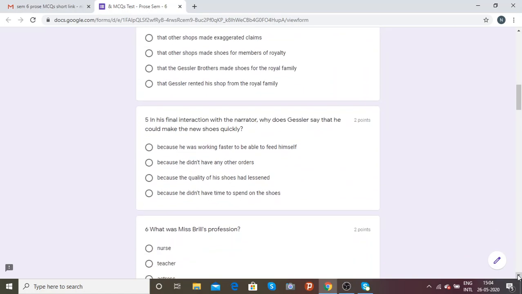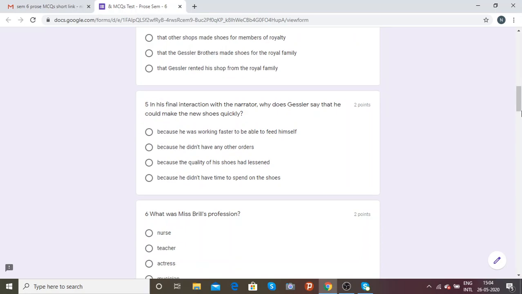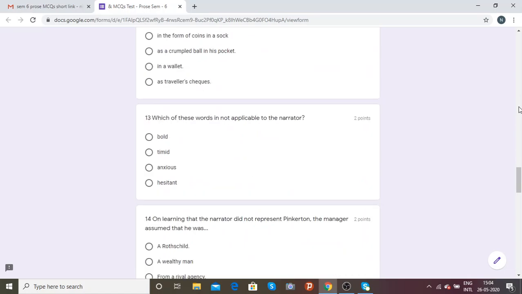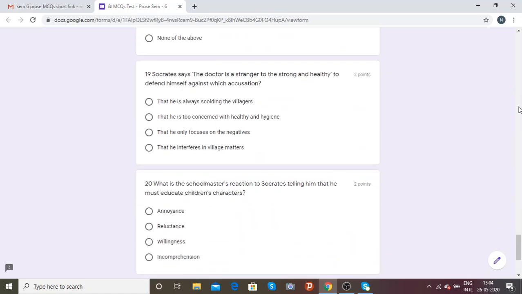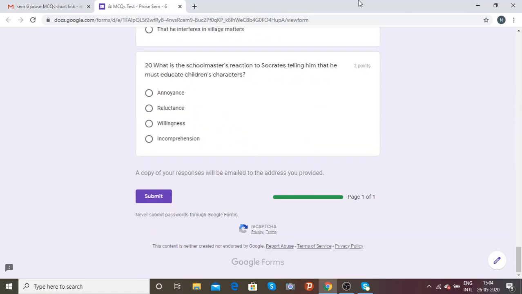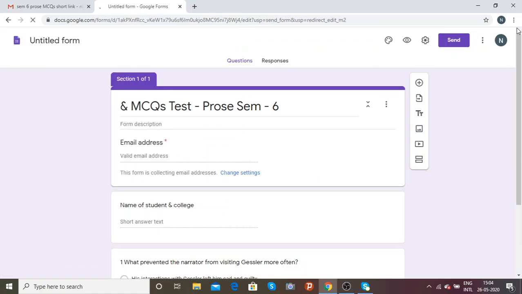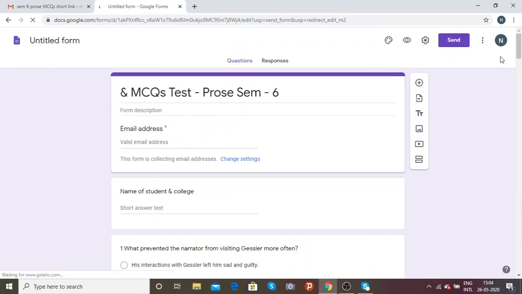At the end of this quiz, let me just scroll down so that we can come to the end. We can make sections in this as well, but I have made it a continuous one. We reach the end. When the student comes to this place, he or she will submit the form. While preparing this form, this is the way it looks to us. We can make any additions.